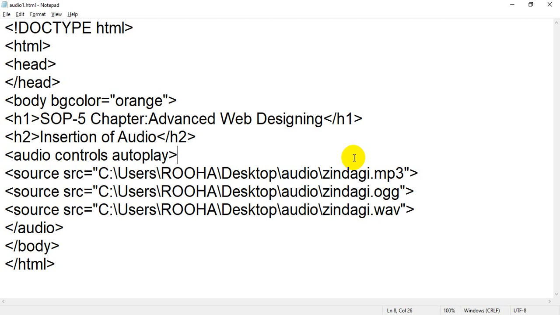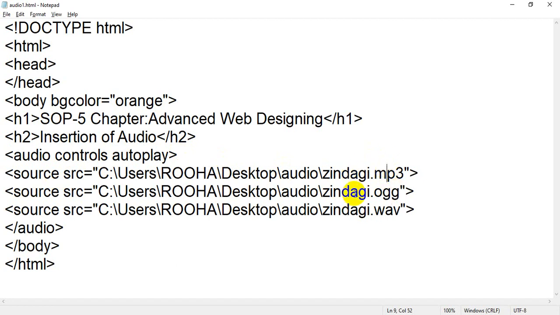For example, in my computer I have a number of browsers, like Firefox, Chrome, Internet Explorer, Edge, Safari. When I run the same program, sometimes this file will play. Means when you use the audio tag with source tags, the audio tag will choose the best possible playable audio.